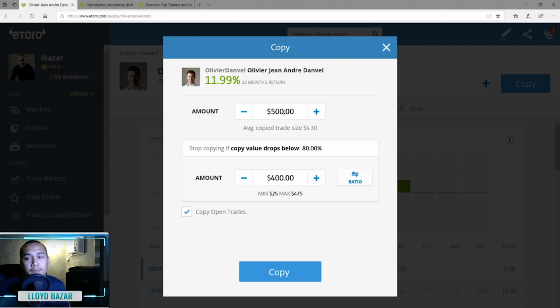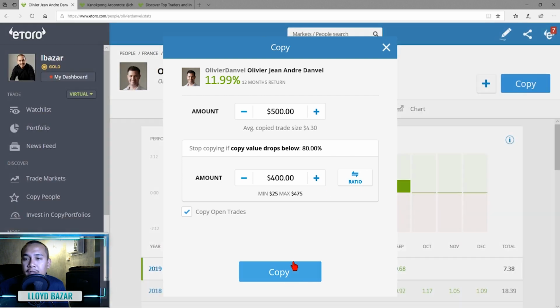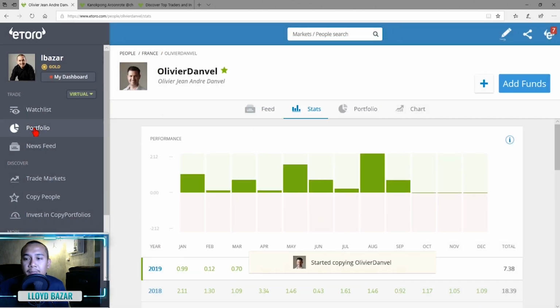If it gains, then good. If it loses, then at least you can still manage your risks while copying. So once you set $400, just click on copy, and that person should